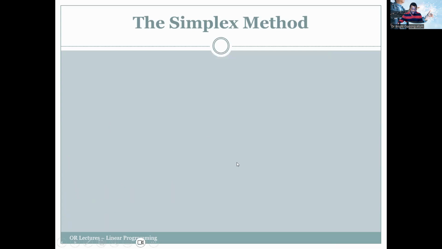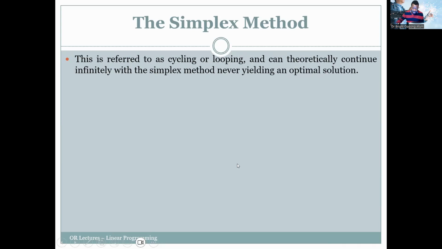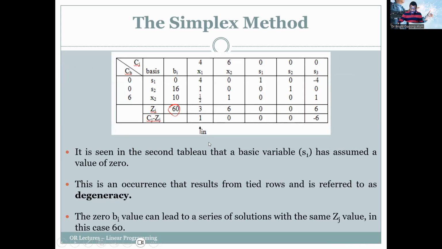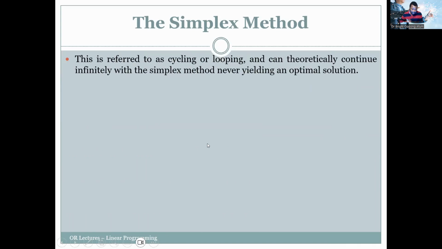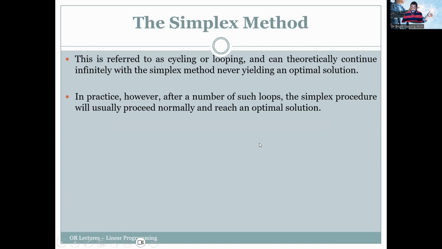All right. So sometimes when that happens, you will see that we will be looping and getting the same values consistently, right? And we'll refer to it as cycling or looping, right? And it can theoretically continue infinitely with the simplex method, never yielding an optimal solution. So in practice, however, after a number of such loops, the simplex procedure will usually proceed normally and reach an